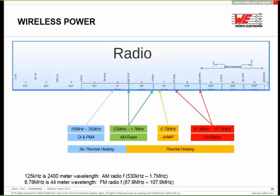The approval is not a big topic, but you have to take some things into consideration. With wireless power, we are working on a radio frequency. The Qi and PMA solution is working between 100 kilohertz and 350 kilohertz, which is below the AM radio band. And the Resonant solution from the Alliance for Wireless Power is working on 6.78 megahertz, which is an